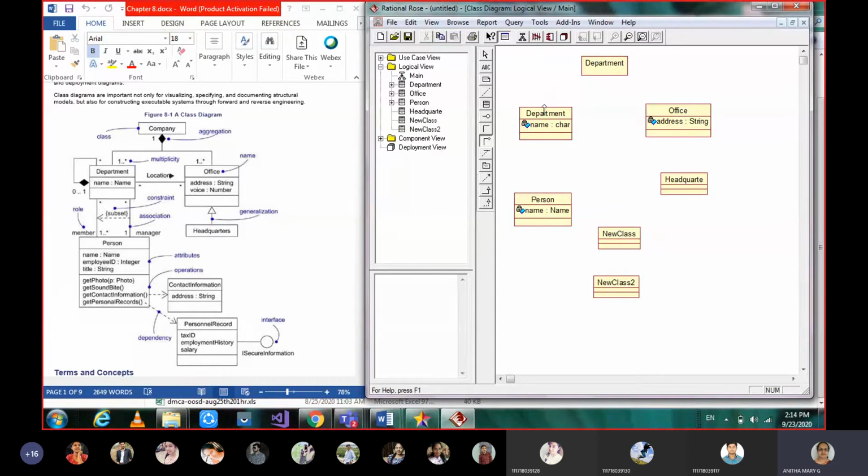See here, in Rational Rose, in StarUML, directly only the link can be taken. So here the link can be stopped in between. Like this you can give the symbol you wanted to give.